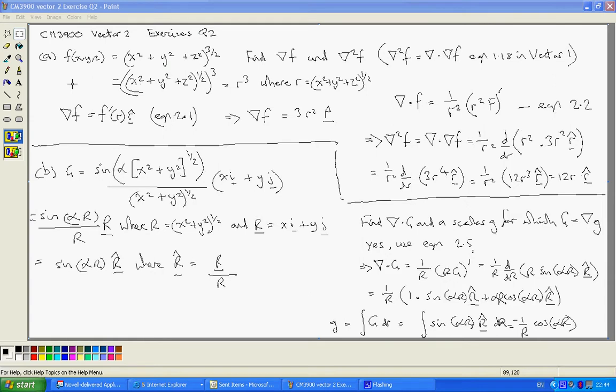Well, in part A we're given f of x, y, z. Now if we see x, y, z, we should immediately conclude we've got a spherical field, and that is given as x squared plus y squared plus z squared to the power 3 upon 2. And the thing to note there is that that can be rewritten as x squared plus y squared plus z squared to the power half, which is by definition the